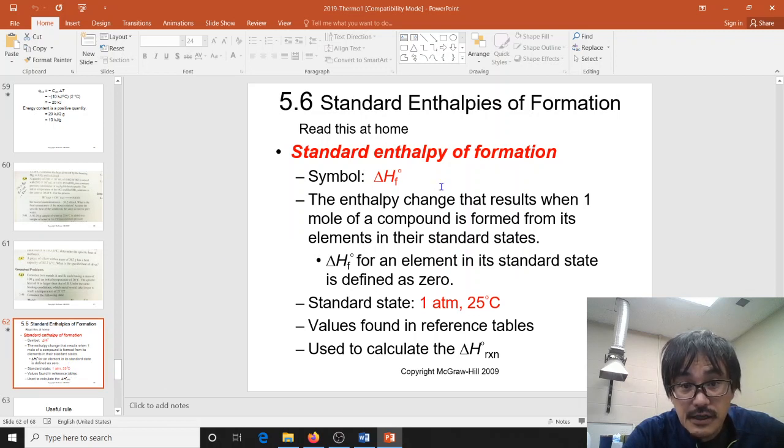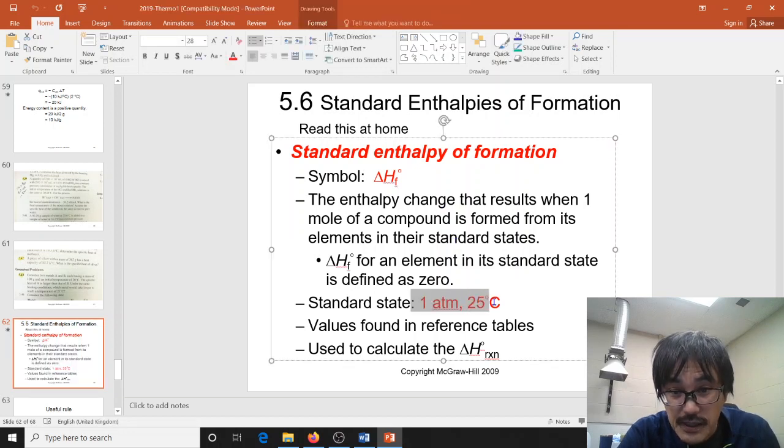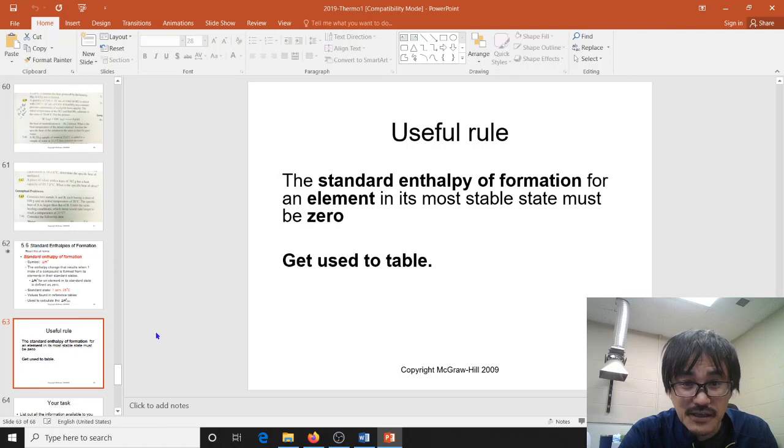The standard enthalpy of formation, this one right here, is under specific conditions: 1 atm at 25 degrees Celsius. What is the energy required to put together all those atoms into the molecule? That is really the standard enthalpy of formation. And these are usually tabulated in a table. So if you use the table, you can actually calculate